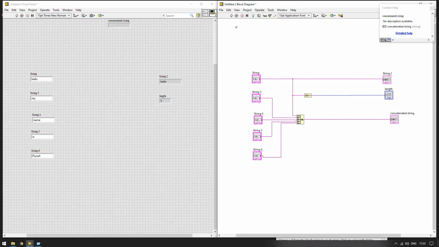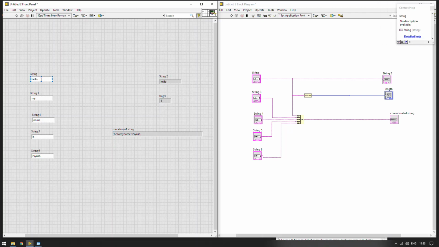Let us run the program and see what is happening. So let me put it here so that it can be represented fair and square. Let us run it. So hello my name is Piyush is presented here, but you can observe that there is no space because it is concatenating from start to end.